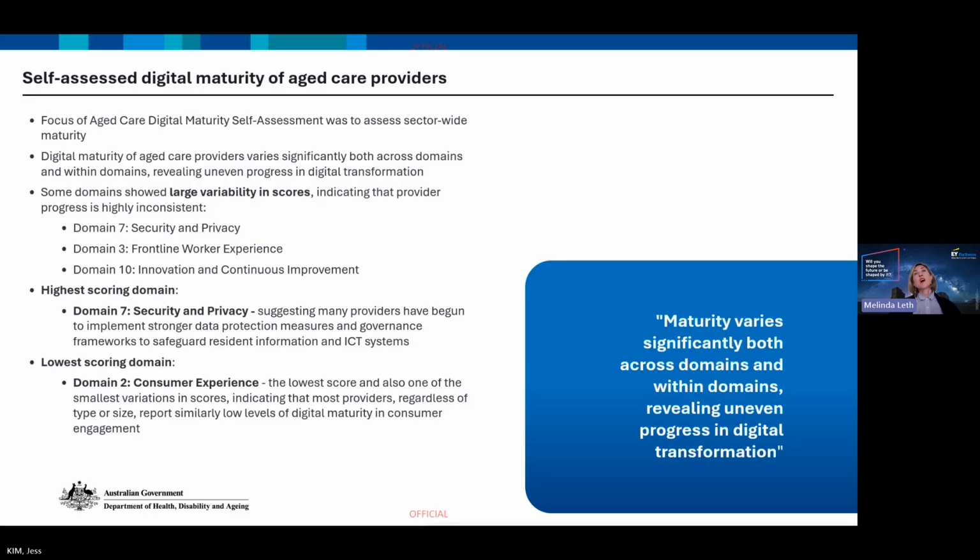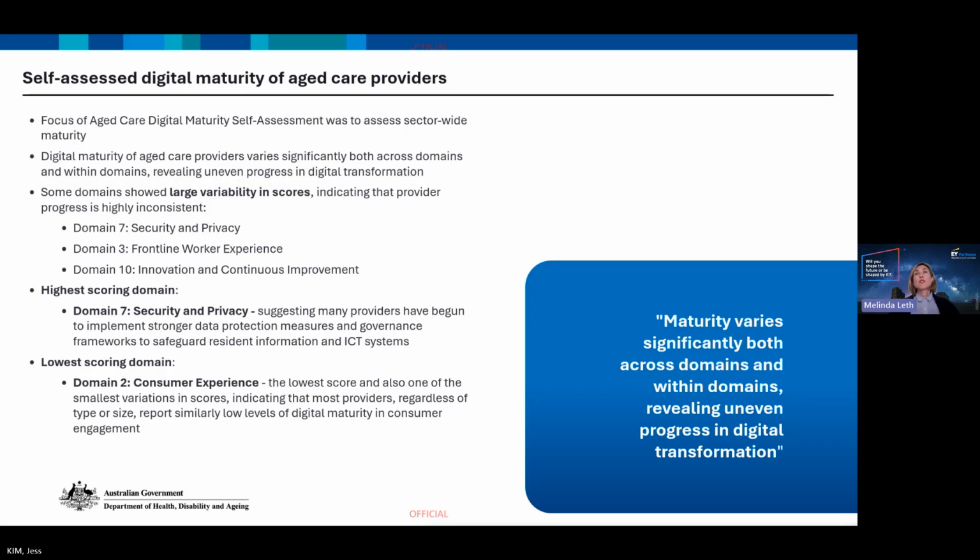When we spoke to providers, the response around this was that many providers are focusing very much on making sure that the core foundations of their digital maturity and systems are sound. And so that's really around the middle of the framework. And once those foundations are solidified, then providers are moving out. So consumer experience was probably one of those areas which is known to need action and to be prioritised, but it hasn't been at this point.